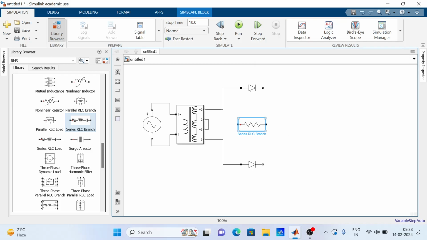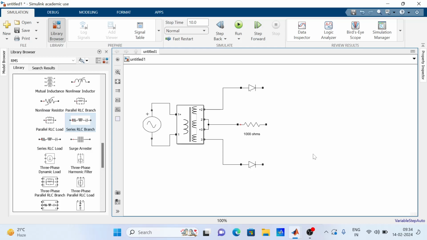You have to rename this also, so 1000 ohms. Now where to connect this 1000 ohms? One terminal should be connected to the common point, and the other terminal should be connected to the ammeter and voltmeter connectors. So this terminal I am trying to connect here, to the common point. Now what do we require? One voltmeter, one ammeter, and the CRO, which is nothing but the scope.